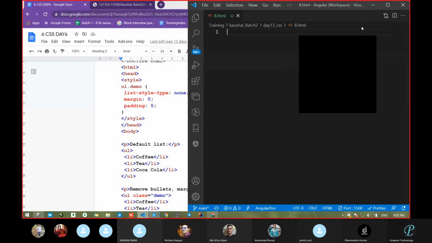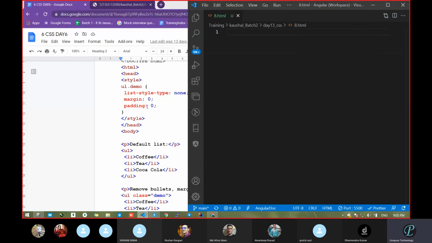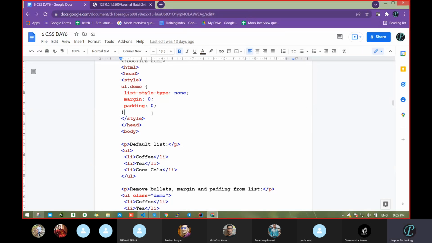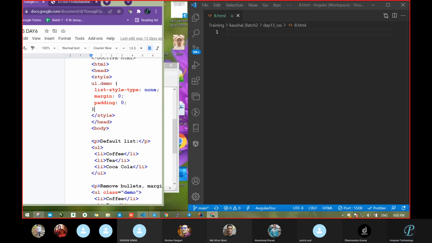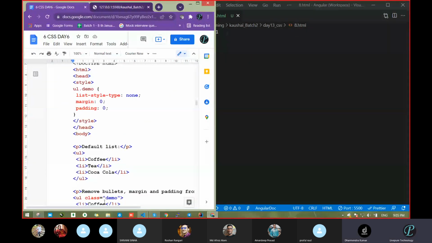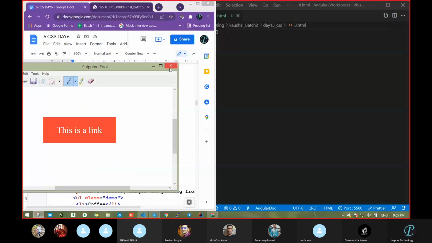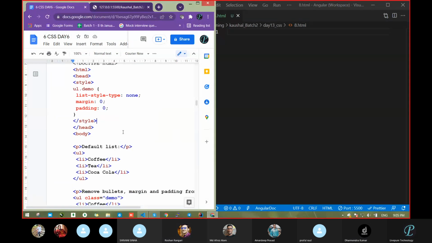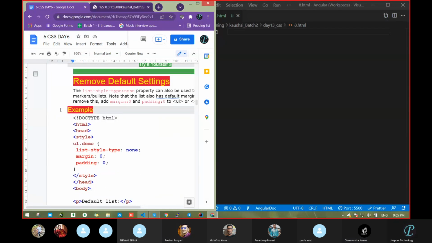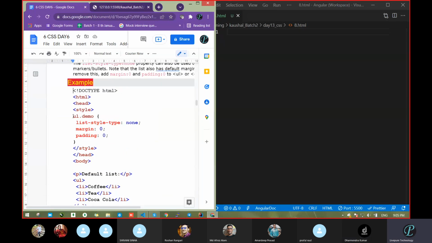So we had discussed one term, resetting in CSS. What was that? Anyone having an idea? Resetting in CSS means setting everything to zero. We can remove margin, padding, whatever properties they have by default. So whatever property they have, we have to remove.